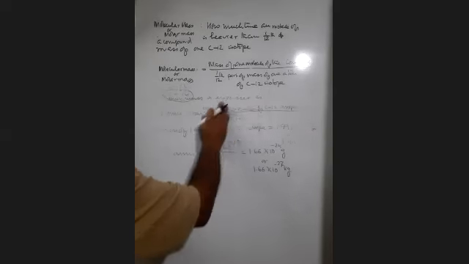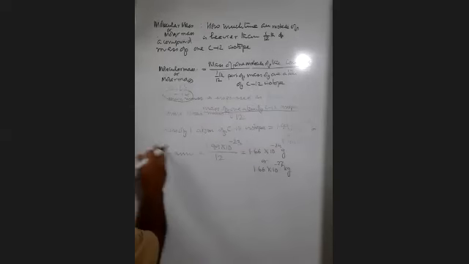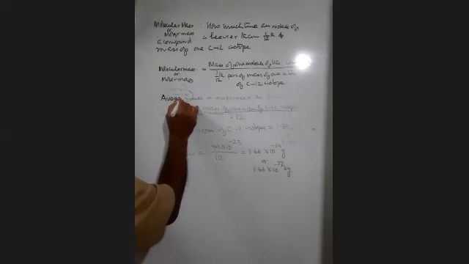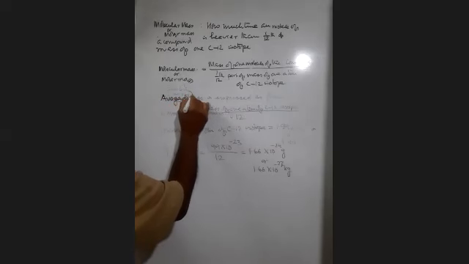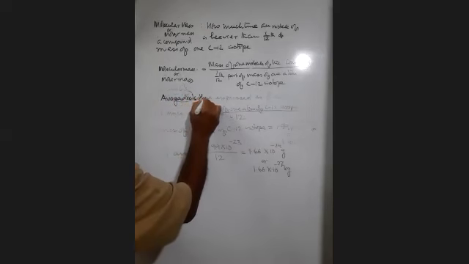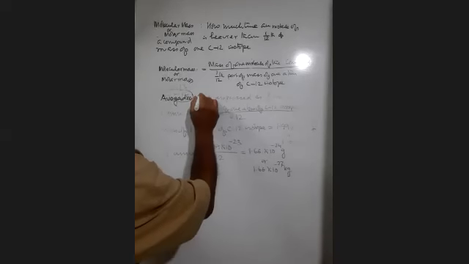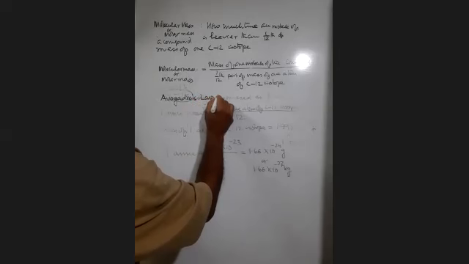So now we'll go for a principle we call Avogadro's law. Earlier it used to be called a hypothesis. Now we don't call it a hypothesis. We call it a law. Why? Hypotheses are laws which have not been experimentally verified. Once you verify it and adopt it, then we call it a law.